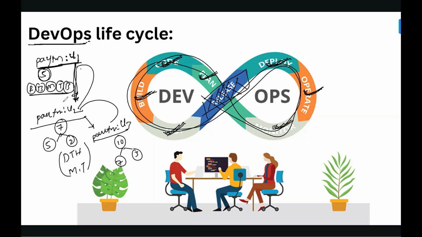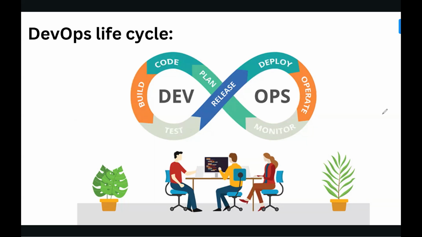So it is clear for all of you why DevOps is a never ending process. I have taken Paytm as an example. In the real world, we are using a number of applications: PhonePe, Google Pay, Instagram, WhatsApp, Twitter, even ChatGPT, DeepSeek, Copilot, all are AIs, right? These AIs are also handled by the DevOps team. Without DevOps, there is not even a single application in the market. So here we can get to know the importance of DevOps.